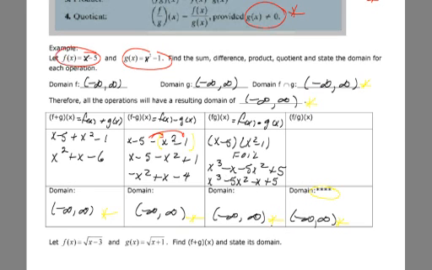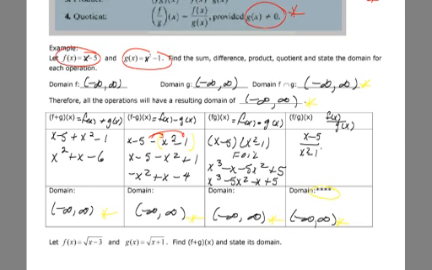And that's it. And we've got the domain right down there listed for us. Finally, last one. This notation tells me to set up an f of x divided by g of x. F is x minus 5, goes on the top. G is x squared minus 1, goes on the bottom. I can't reduce it, I can't factor it, I can't cancel anything, so that's the result of f divided by